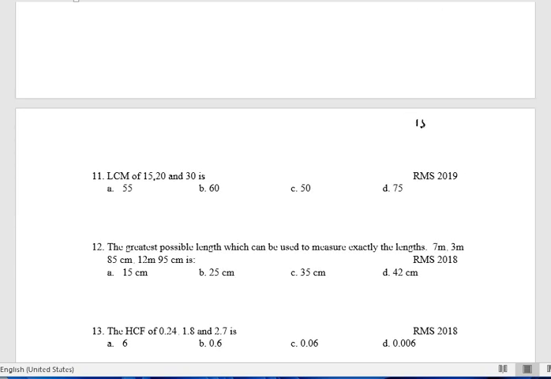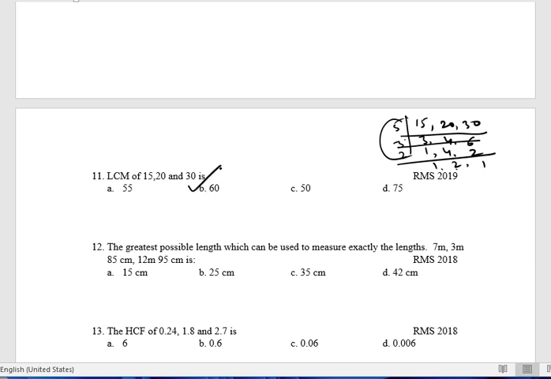We can go here 15, then 20, comma 30. All are divisible by 5. 5 3s are 15, 5 4s are 20, 5 6s are 30. So again divide by 3. 3 1s are 3, 3 4, no change, 3 2s are 6, it is divided by 2. So 1, 2 and 1. So 5 and 2 we are now multiplying, 3 2s are 6, 6 into 10 is 60, the right